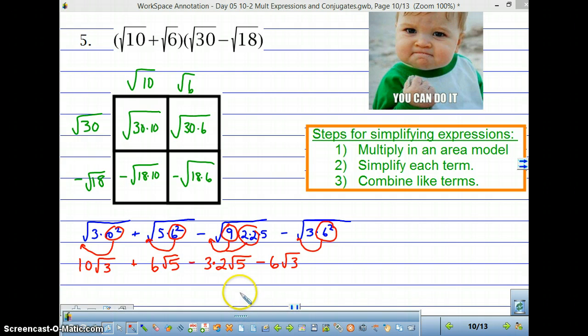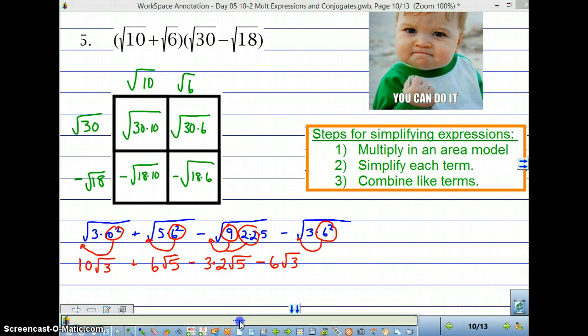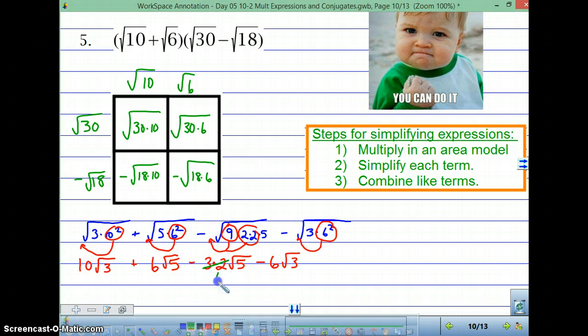Okay. Let's do this. We can simplify this one. 3 times 2 is 6. So here I've got 6 root